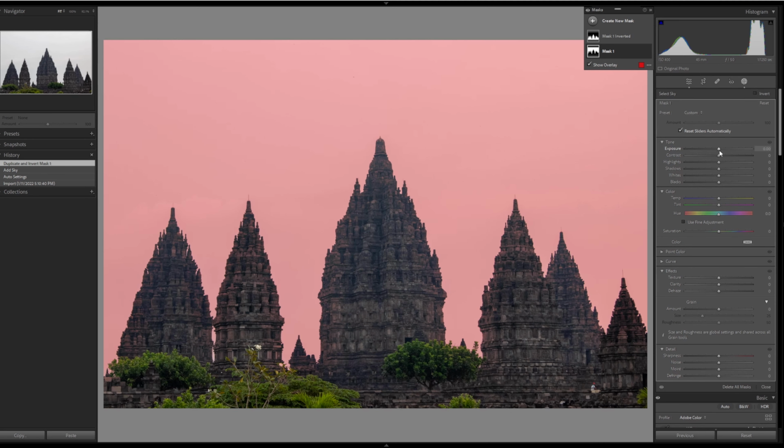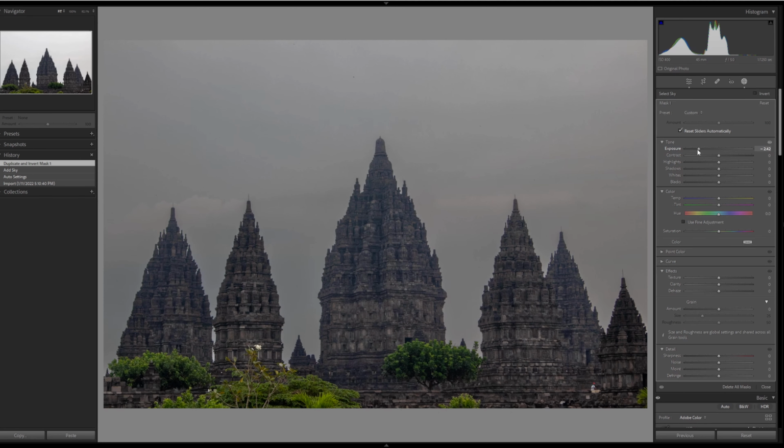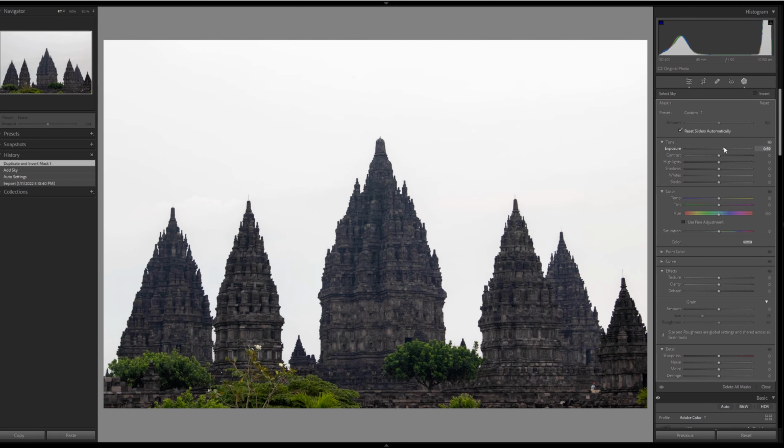And there are a couple of ways of fixing sky. So let's start with understanding what's the overall data that we have in sky. And it looks like we almost have nothing. So the best way is to just overexpose and lower temperature of the sky. This works, especially in the sky that is pretty much all covered with clouds and there are no visible marks